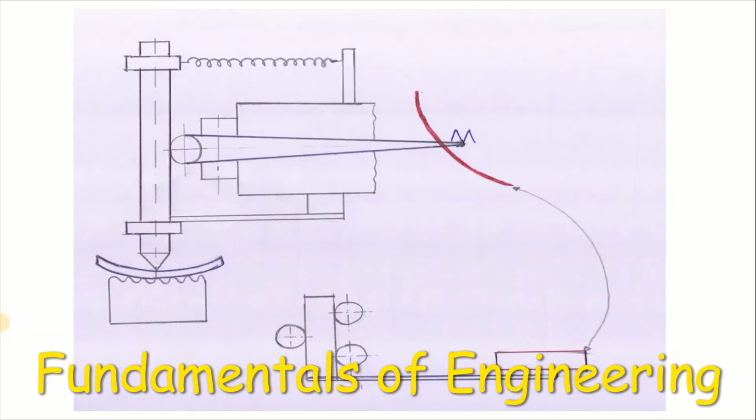This instrument was designed by Dr. Tomlinson, so the name is given as Tomlinson surface meter. This instrument uses a mechanical cum optical means for magnification. So any small movement in the stylus can be magnified and we can get the Ra value directly on the smoked glass. How do we get it? For that we'll see some introduction.